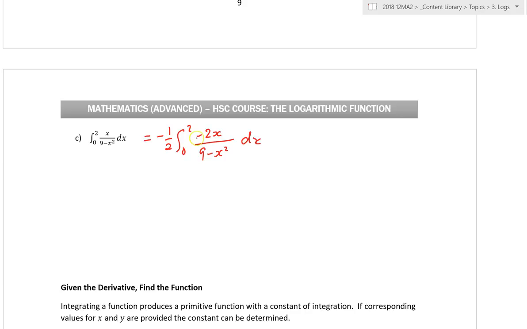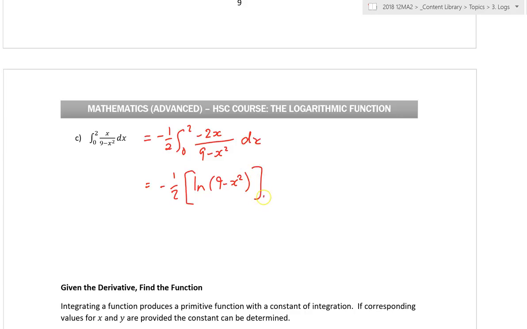If I expand that out, and remember I can pull the constant out there if I like, I multiply this thing here by negative 1/2, that makes that a positive, and the 2's cancel, and I get my original thing here. So these two things are equivalent. Now I have the differential, right? If I differentiate the bottom, I get what's up the top there, so I can jump now to negative 1/2 outside of the log of 9 minus x squared